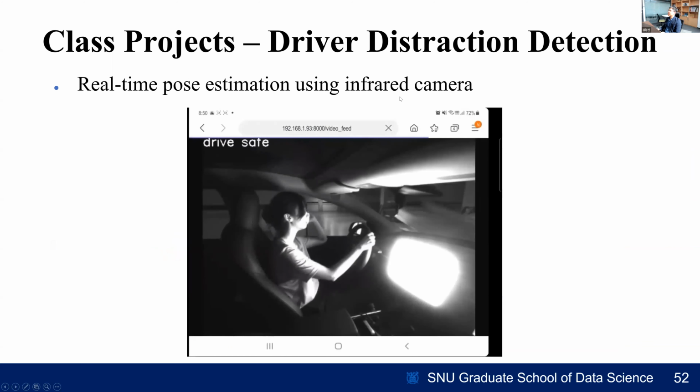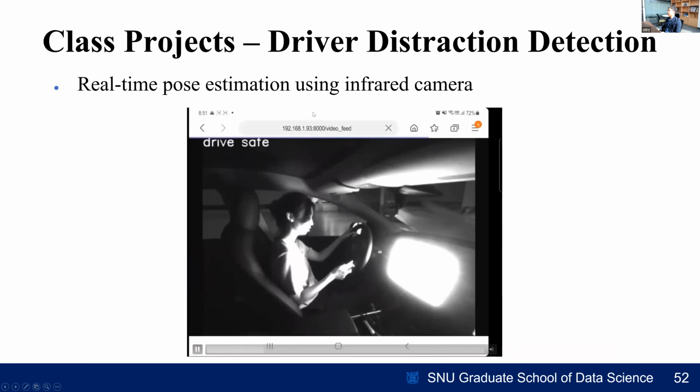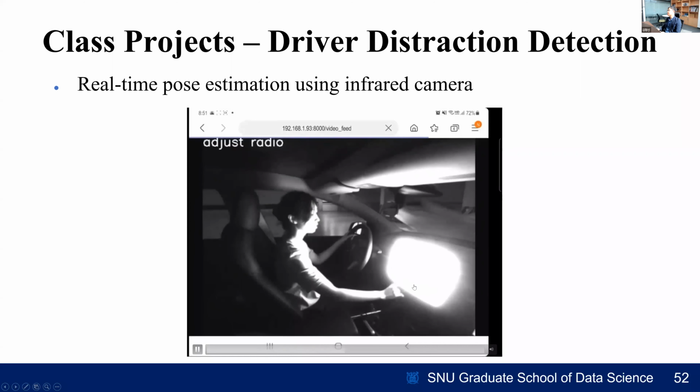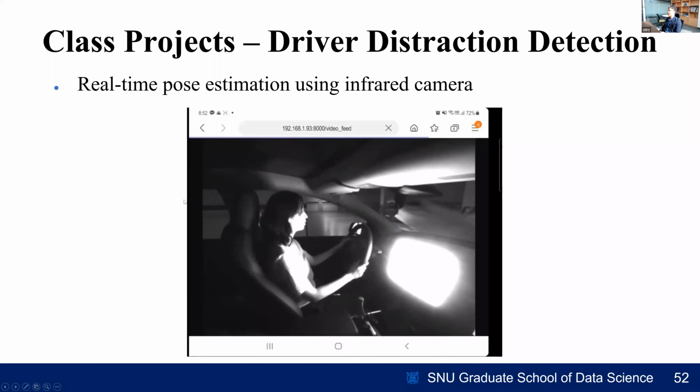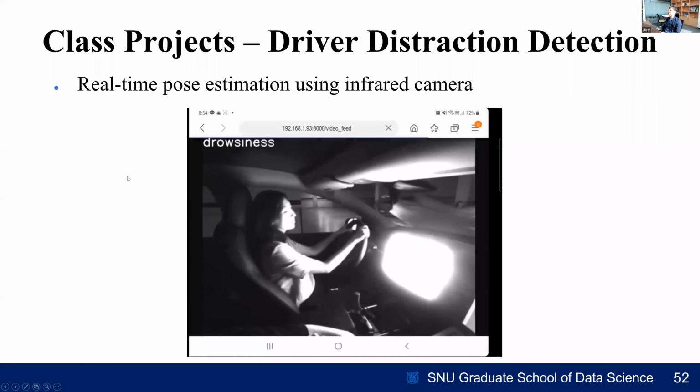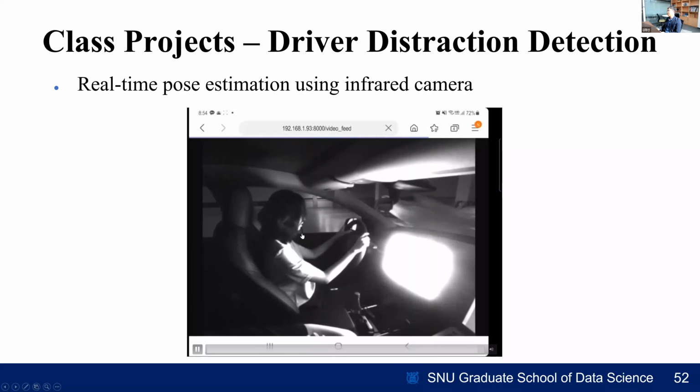It's infrared camera based pulse detection. You can see a lot of labels here: top right, adjust radio, a drink, reaching behind, drive safe. Yeah, even hair and makeup. Actually, she is not driving, she pretends to drive in a parking lot. So it is not actually dangerous, but for experiments, it is enough, I think.